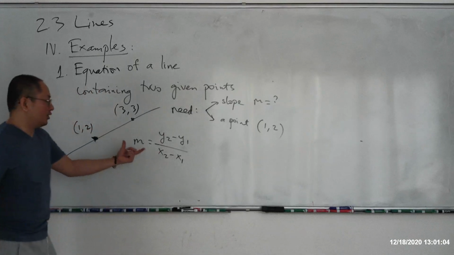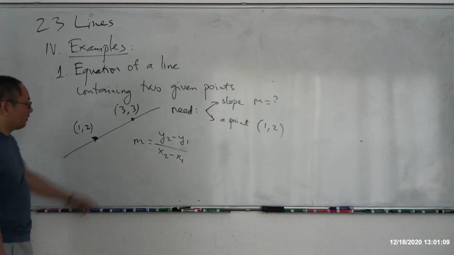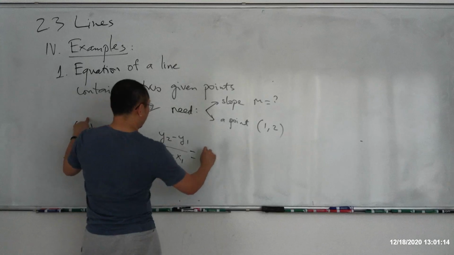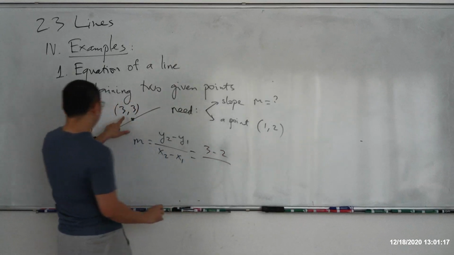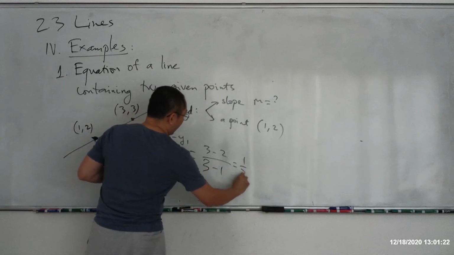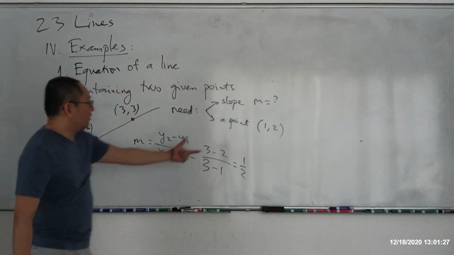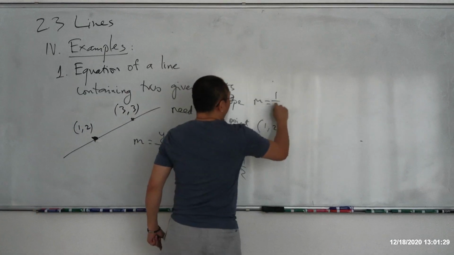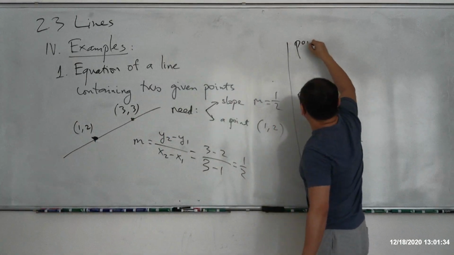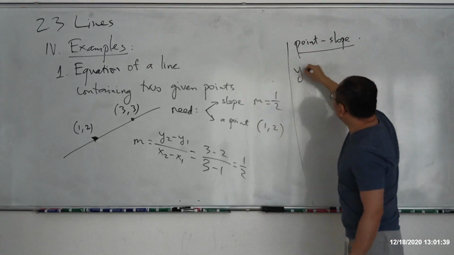Keep in mind this is just a lecture, so I'm writing the formula again, but later on when you do the work, you don't really have to write the formula again. Just plug in the numbers. So y2 minus y1 is 3 minus 2 over 3 minus 1, which is 1/2. So the slope is 1/2, and the point is (1, 2). You have a slope and a point. Now you're okay to write the equation of a line. Use the point-slope equation, right? Point-slope: y minus y1